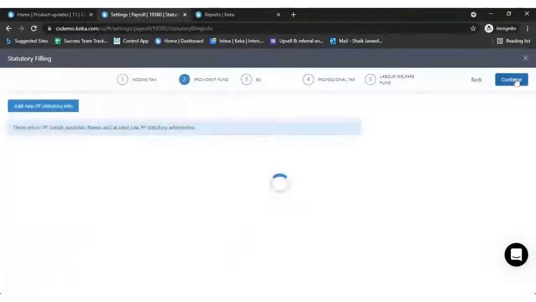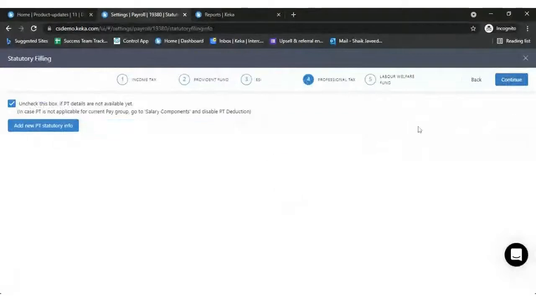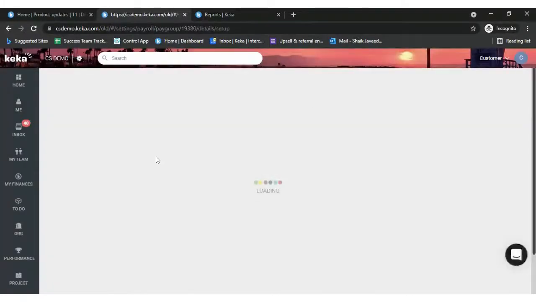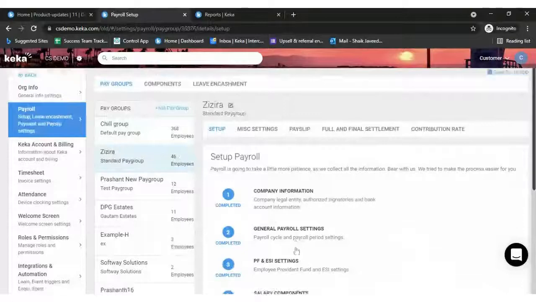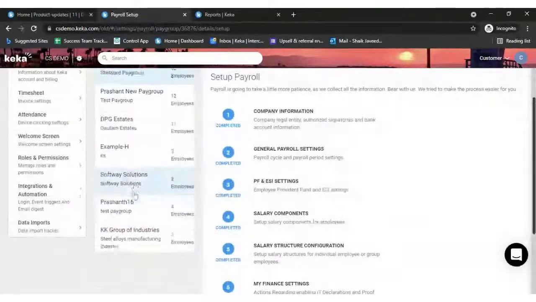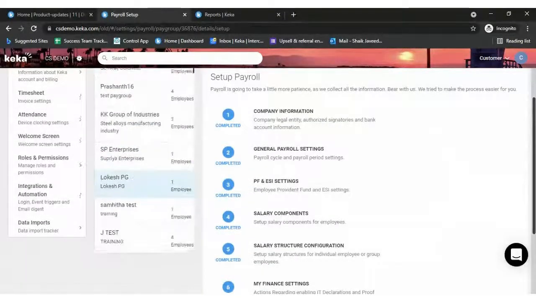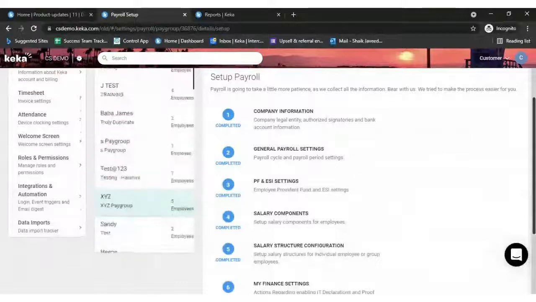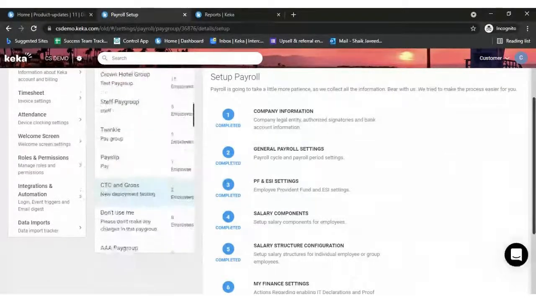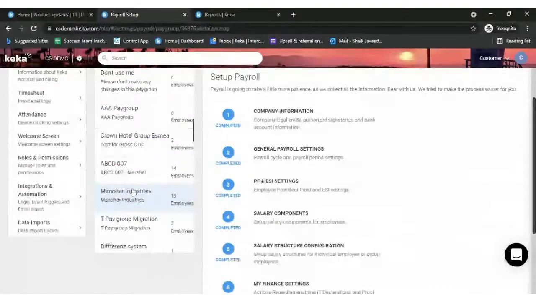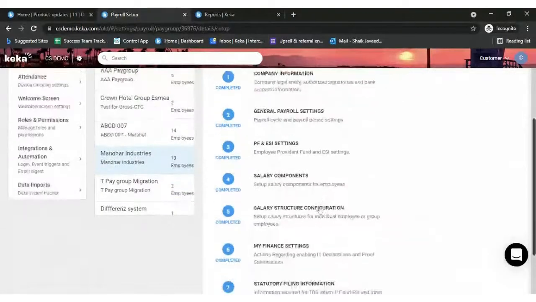We'll quickly navigate to PT. No PT sections here, so we'll go to one more pay group. I'll try to choose one different pay group where I have some real data. I'll choose this one.